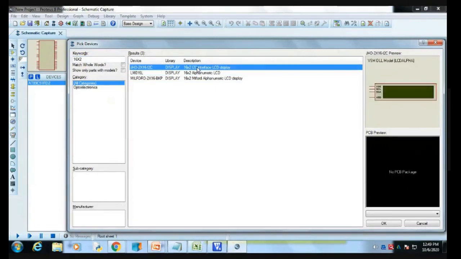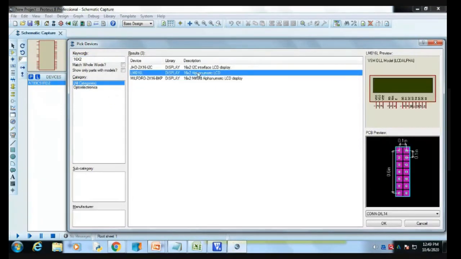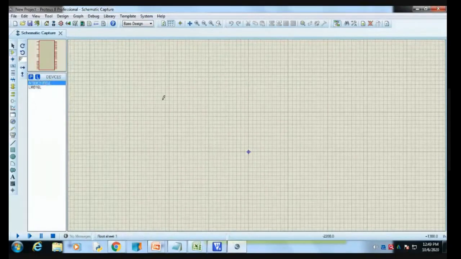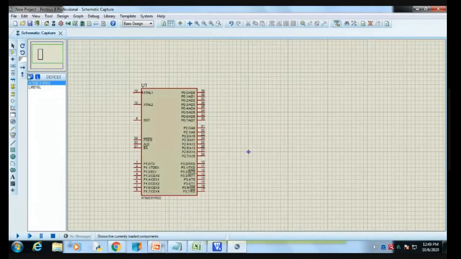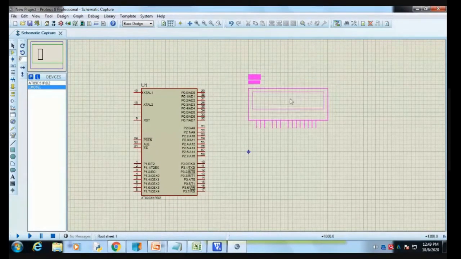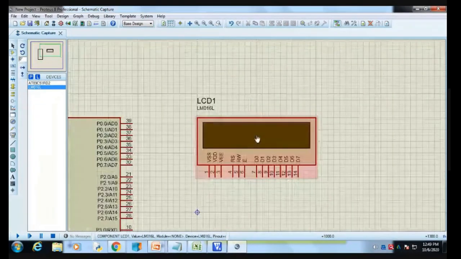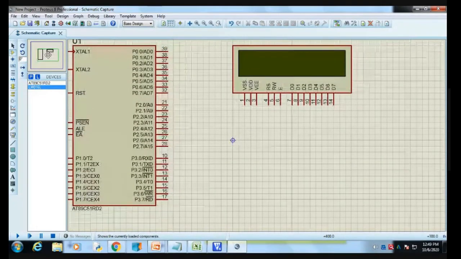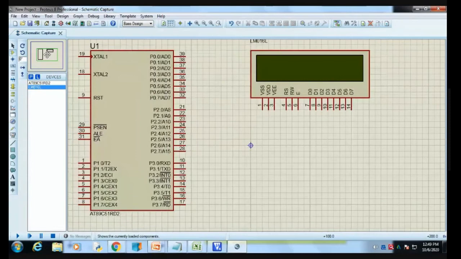Which LCD am I going to define? This is an LCD. So first of all I'm going to make the interfacing of these two. Are you able to see this? Yes, sir. Okay, fine.